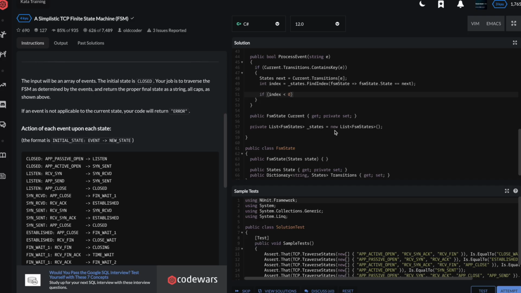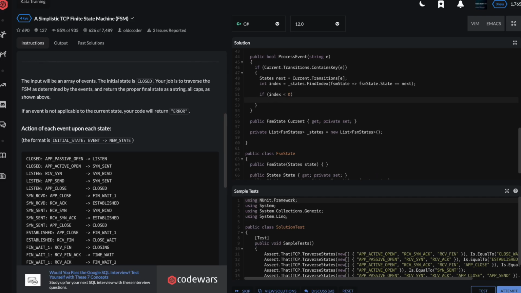We might not even need this, but a lot of times when I'm coding, I might just do this for a sanity check, right? I might do something like this: Console.WriteLine. I wouldn't really write this in real code, but just want to grab my attention. Should never get here. We shouldn't get here because the dictionary we already found contains a key here. So that would be very unusual. I'll delete this before we submit, but sometimes you want some error checking like this in your code to do yourself some favors while you're building. And then I'm just submitting some data here that could be helpful if that event ever came up, but it